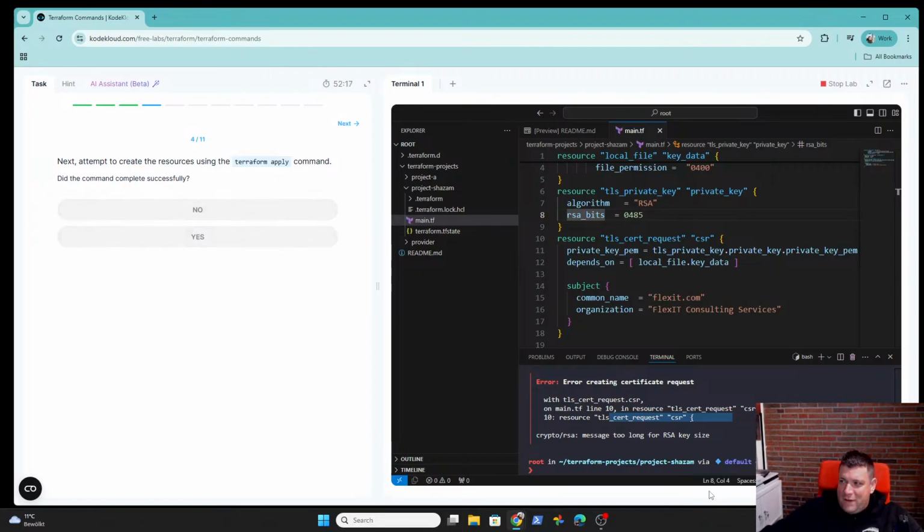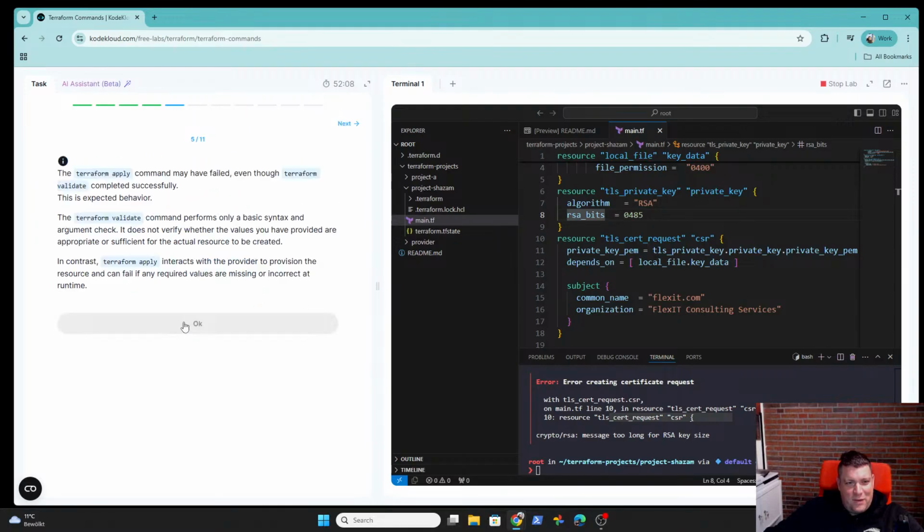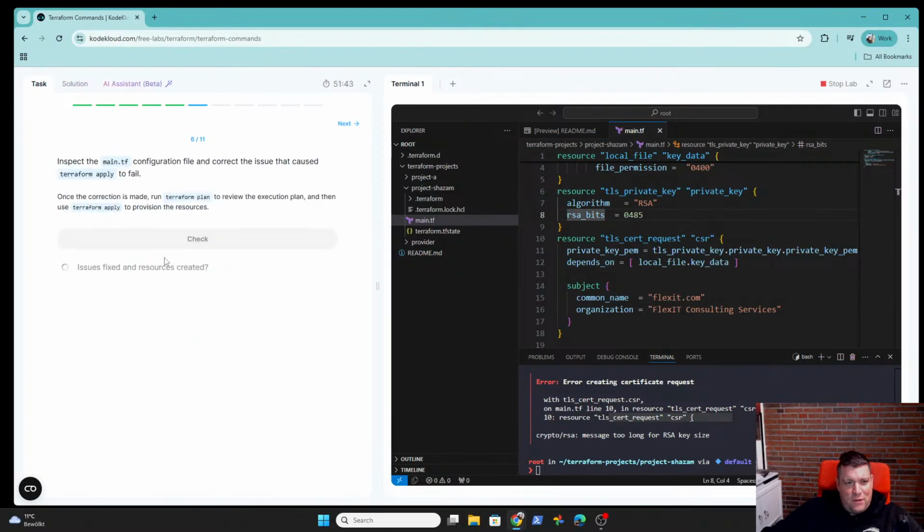Even I'm not good in the key value stuff. No, it didn't complete successfully, and no is the right answer here. The terraform apply command may have failed even though terraform validate passed. This is expected behavior. The terraform validate command only makes a basic syntax check, and for more checks, to see if everything runs even with the infrastructure, you can use terraform apply. Now I'm going to see if it corrects it.